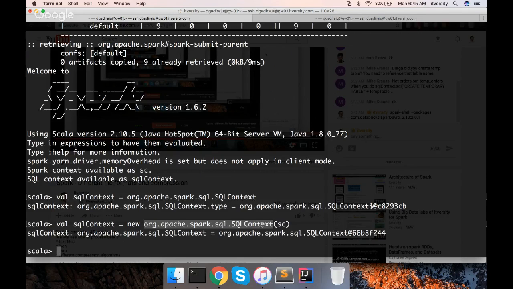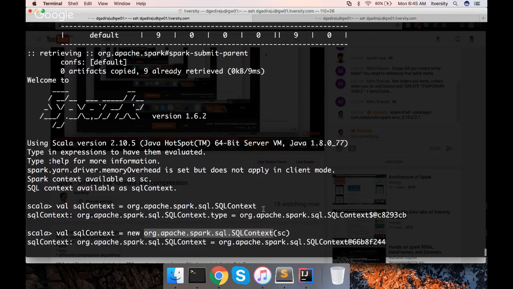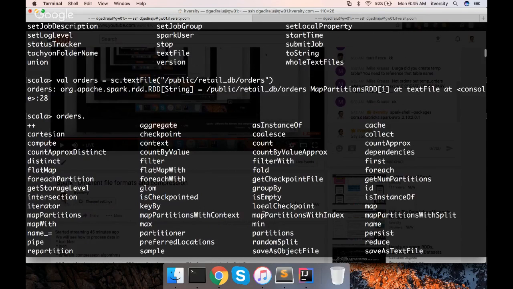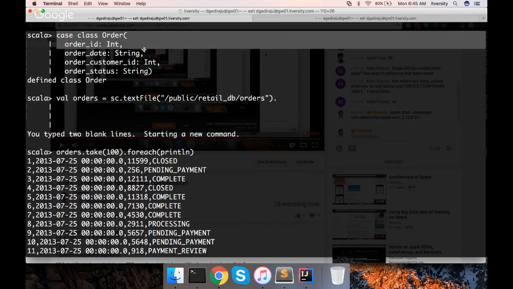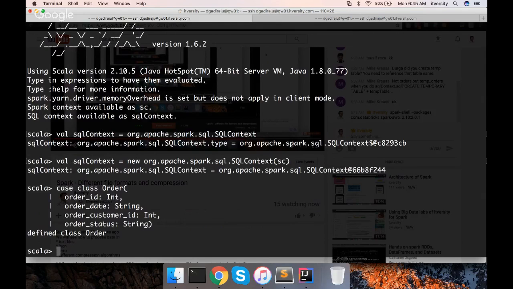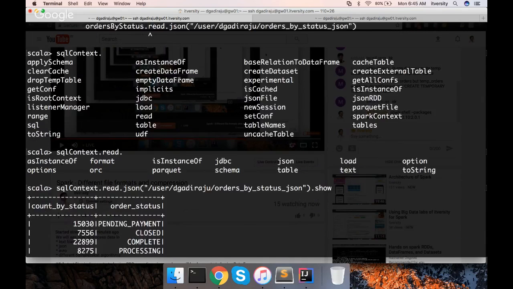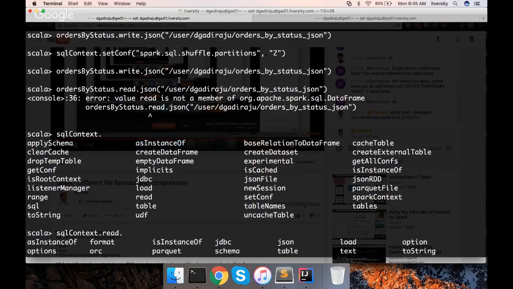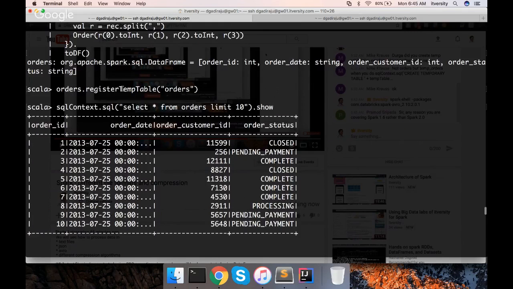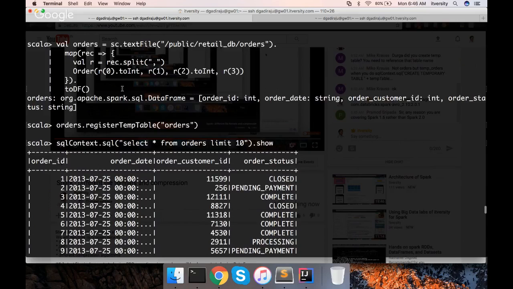Once it is done, the next thing you have to do is create a case class for orders. Okay, so I'm copy pasting the case class which I have created earlier. Once the case class is created, I want to create the data frame. That is the first thing, because I don't have any avro data. So first I am writing data in the form of avro format. For that, first I need to create the data frame. Write is available only on data frame. It is not available on SQL context. Read is available in SQL context. Okay, and now I created the data frame.